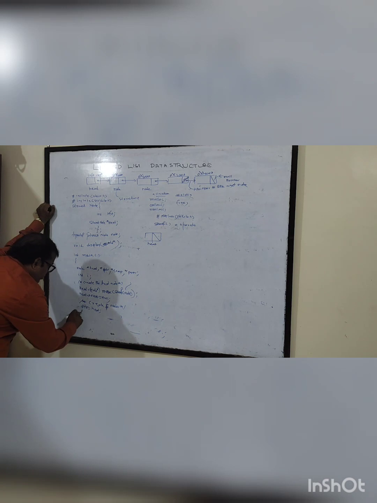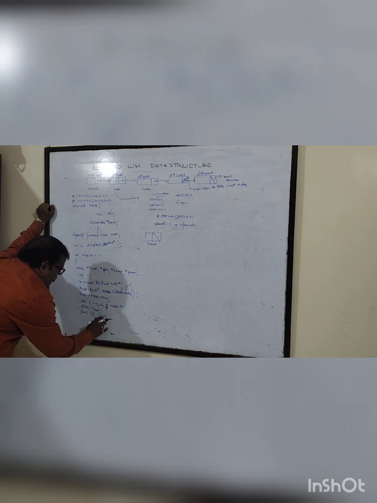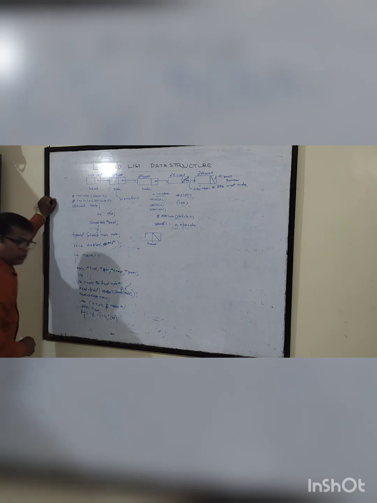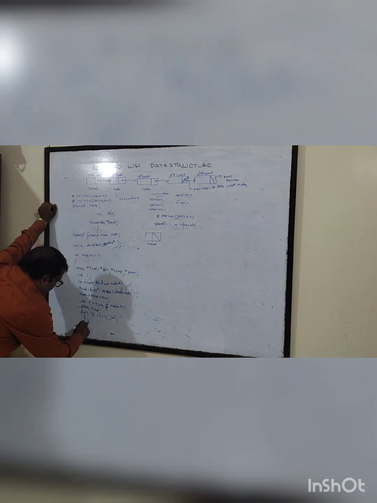and for I equal to 1, how many nodes do you have to create? I less than or equal to 4, and I plus plus, you have to do this. When you are doing that, for I equal to 1, use the block structure, for block. So what I am going to do is, each and every time a temporary node will be created here. Create the temp equal to,